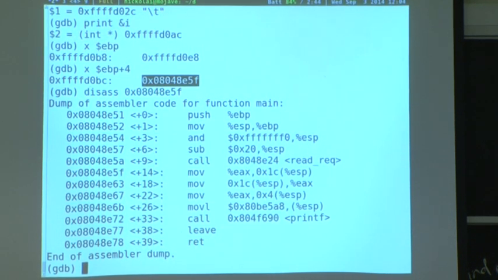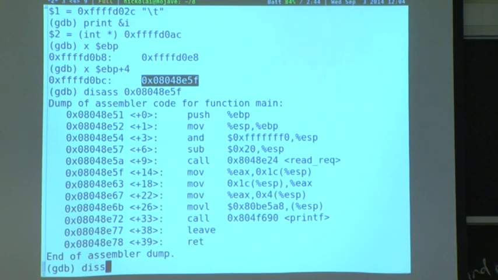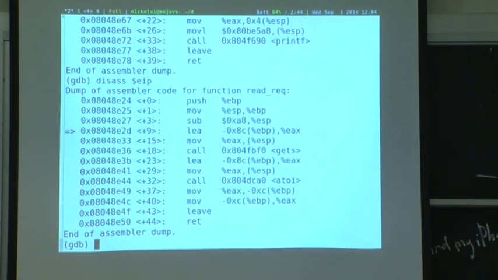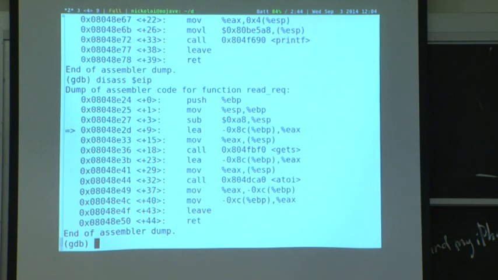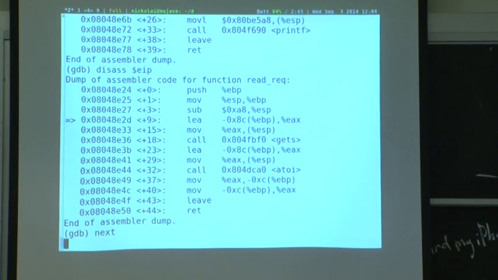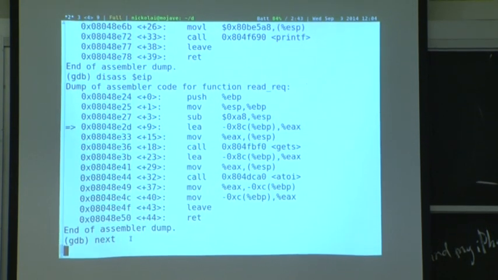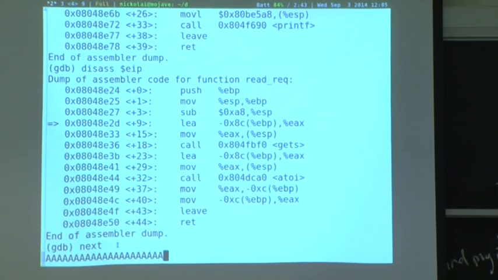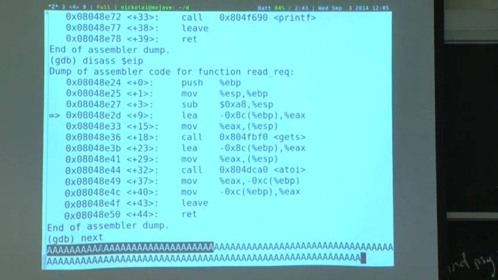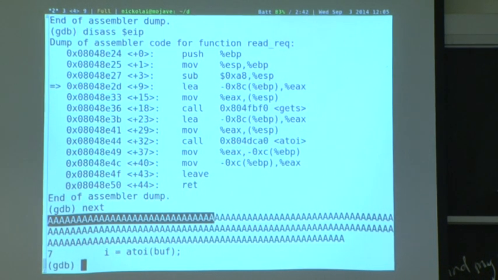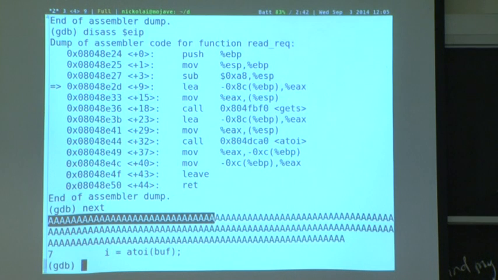OK, so where are we now? Just to recap, we can try to disassemble our instruction pointer. So we're at the beginning of redirect right now. And we can run for a bit and maybe run that gets function. So we run next. What this does is it runs gets, and it's waiting for gets to return. So we can provide our bad input to gets and try to get it to crash again and see what's really going on. So we can paste a bunch of A's again. OK, so we got out of gets, and things are actually still OK. The program is still running. But we can try to figure out what is in memory right now, and why things are going to go wrong.